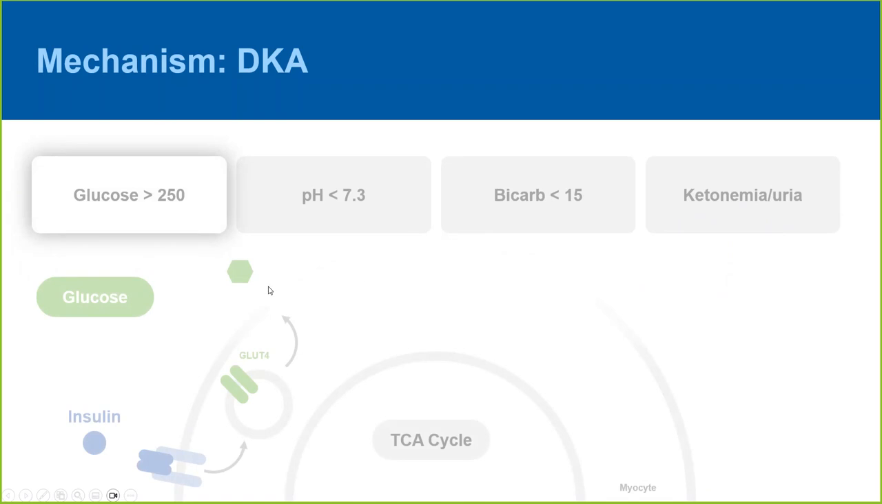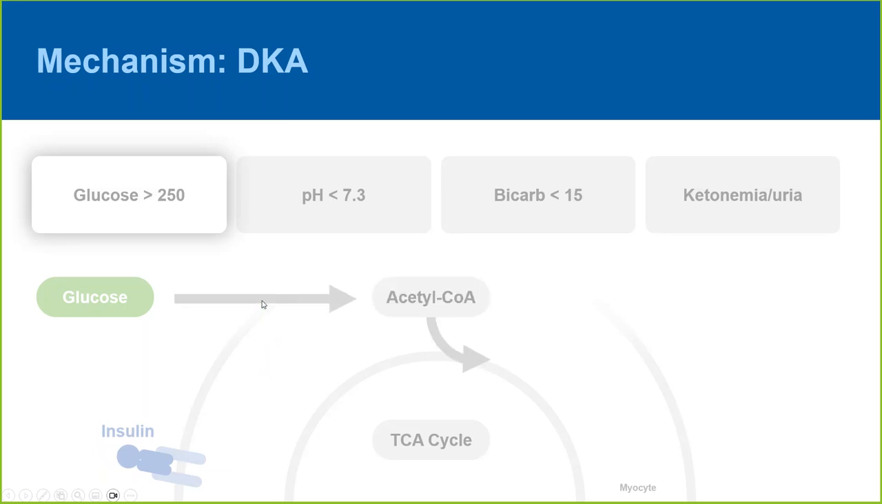And normally, our cells are happy if they can get some glucose inside of them, and the way we typically get glucose inside of our cells is by having insulin bind to an insulin receptor, which then promotes the shuttling of a glucose transporter to the cell membrane, which allows glucose to enter the cell. And once the glucose gets inside the cell, it can get converted to acetyl-CoA,